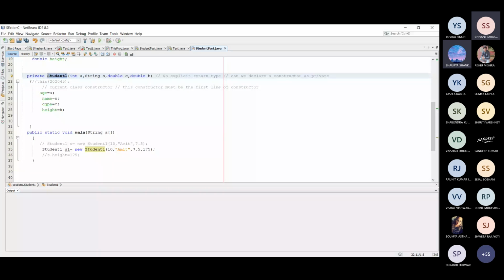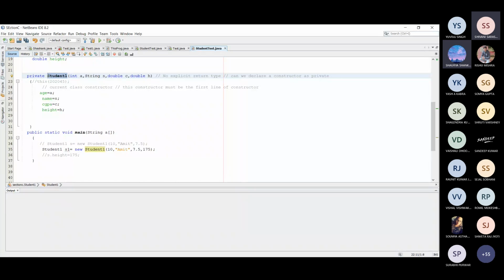But the problem is, if you declare any constructor as private, you can call the constructor within the class only. So the advantage of object oriented programming is lost. If you can create the object of the class only inside that same class, what is the benefit? If you can create it outside the class and use it, then there is a benefit. There is no significance of creating an object within the class only, because in object oriented programming, various classes are provided to you in order to do the programming, like the scanner class.